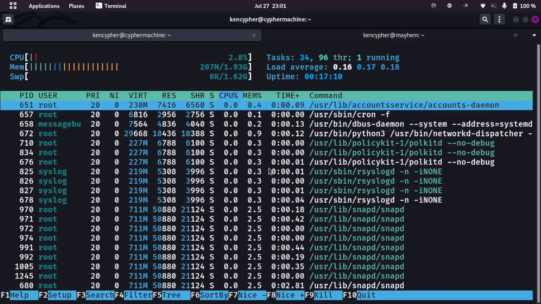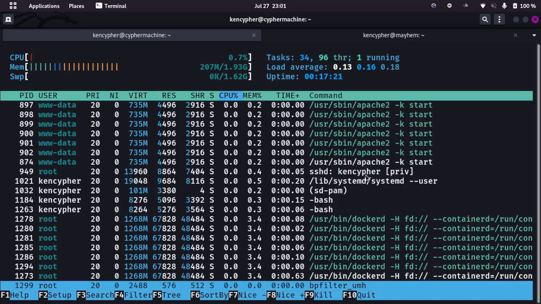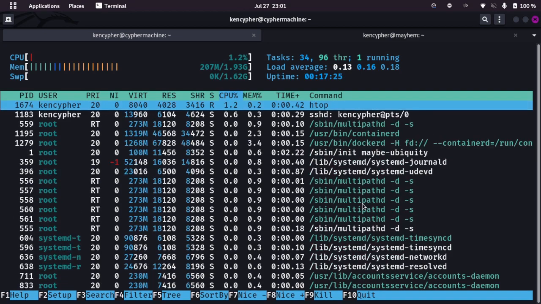Like this process is Apache2. It's all linked to Apache2. So if we started Apache2, these are the processes of Apache2. If you don't know Apache2, Apache is a web server for hosting websites. And initialization again,